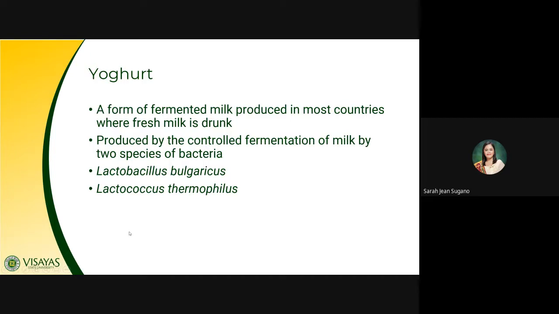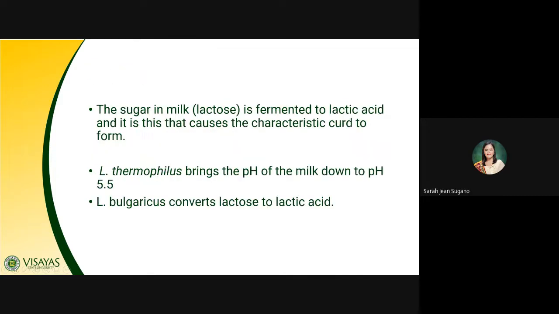It is produced by the controlled fermentation of milk by two species of bacteria, particularly named Lactobacillus bulgaricus and Lactococcus thermophilus. These are the two bacteria interplaying for the fermentation of yogurt. So we'll know the details. What's the role of these two bacteria in the production of yogurt? Okay, so the mechanism of this